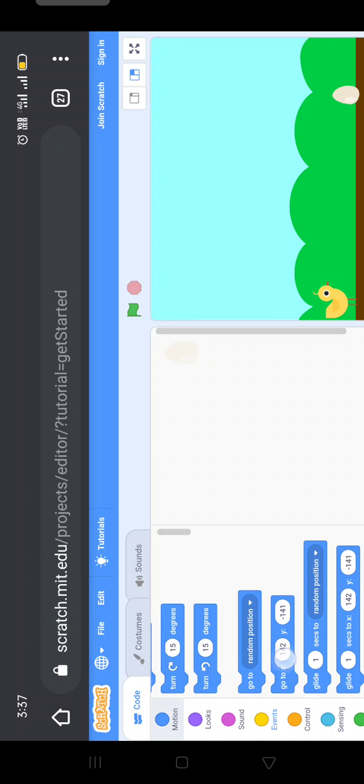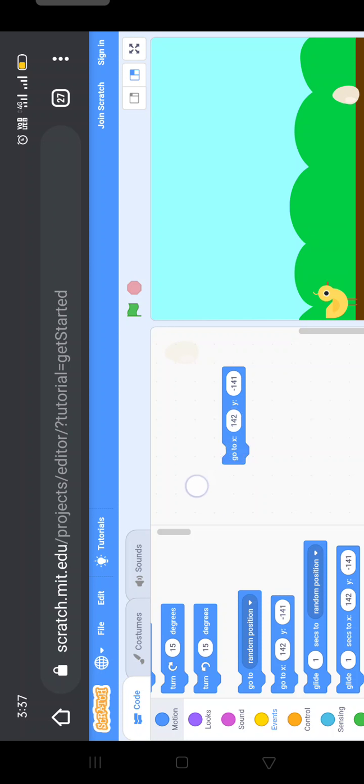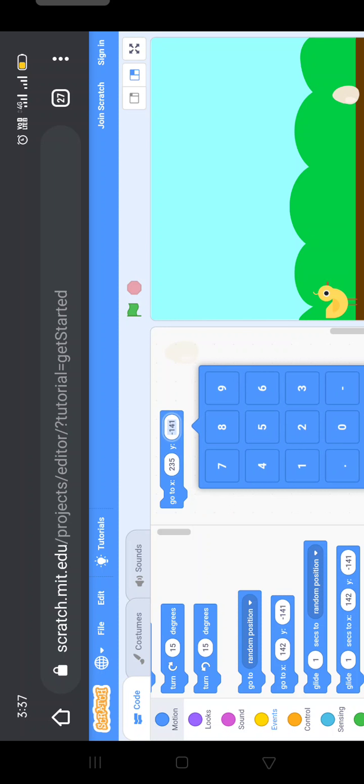Just drag this code and change the X value to 235 and the y value to minus 145. Make it minus 145, and after that